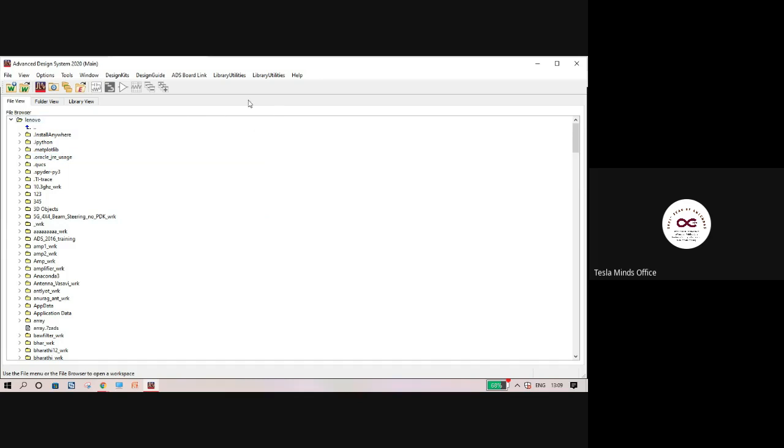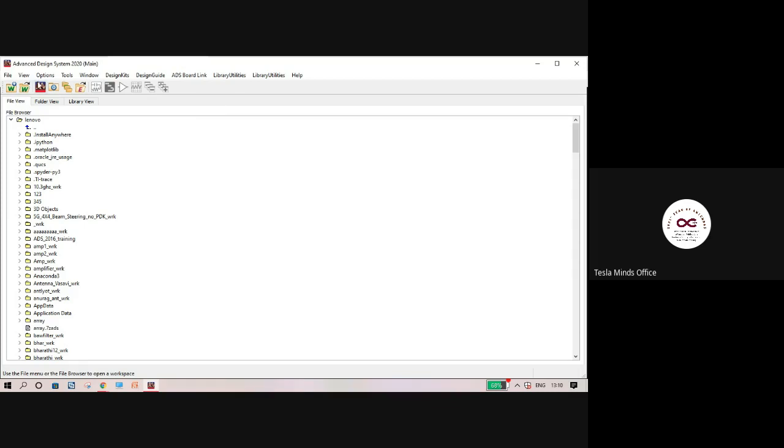So ADS has two types of windows. This is the main window. After this, you have two types. One is the PCB or breadboard level design, where you can pick and place different components. And the other window is where you can draw your antennas and your other PCB circuits like microstrip transmission lines. As a beginner, you might find these words a little tough, but if you start designing antennas, you'll get accustomed to these different wordings. So don't worry about it.